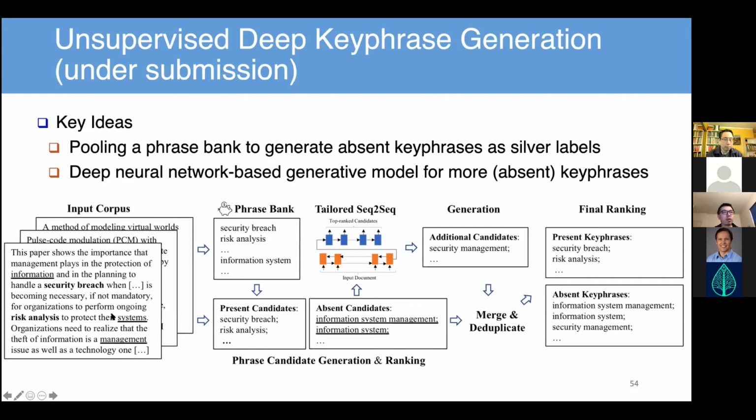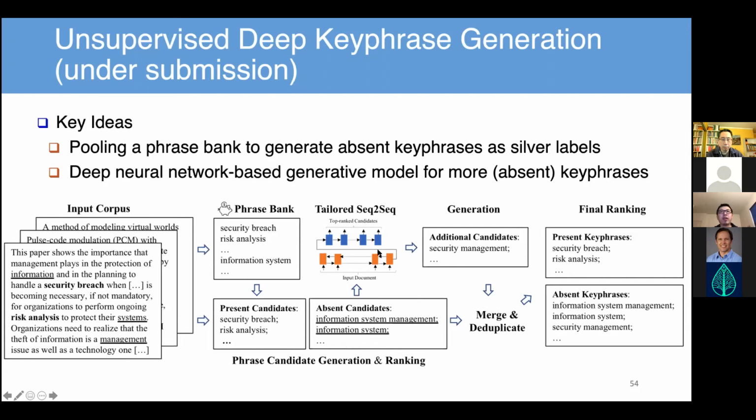If the words of "information system" are each there in a sentence, we can assume "information system" itself is related to this article. In NLP, gold means it's annotated. Silver means it's machine generated. So there's no guarantee that these silver labels are always correct, but we assume the majority of them should be correct. And we are trying to learn from these silver labels to generate more accurate things.